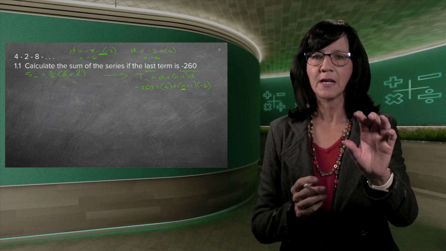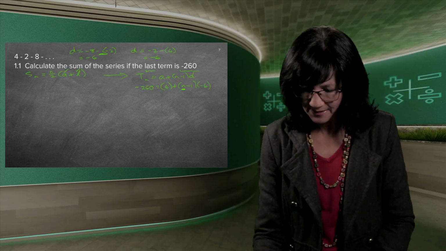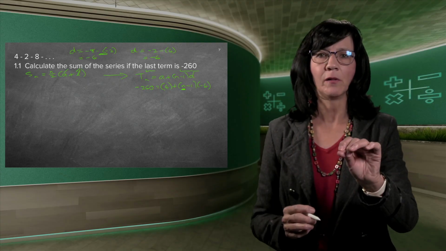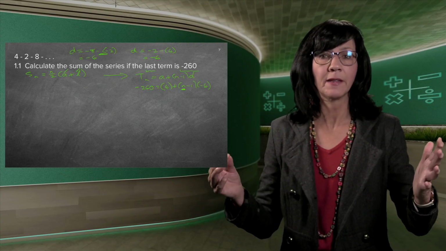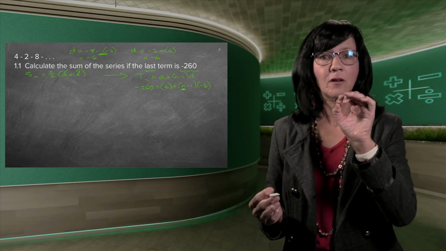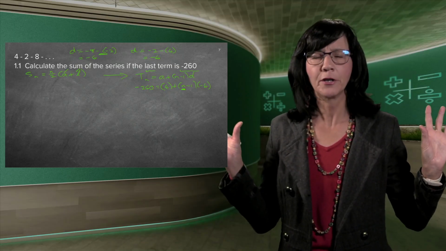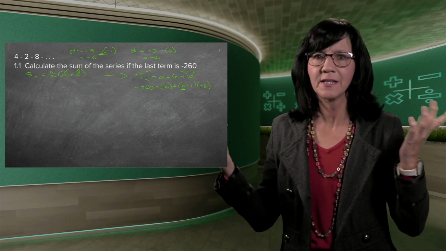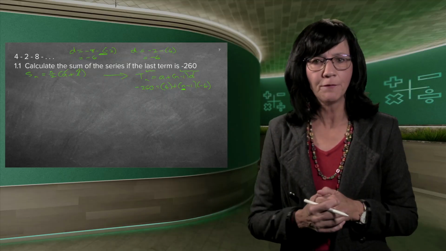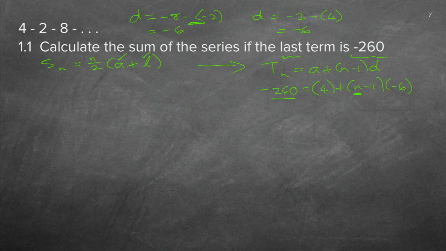You couldn't have done the SN formula straight away because look at my ticks there. You only have the A and the L. You don't have the little n, so you can't find the S. So I needed the little n. And I've got only one other formula. So it's not that you're now stuck and, oh, what shall I do now? You've got only one other formula, the T formula. So you write down the T formula. You've got the term, the last one. They gave it to you. You got the A, you found the D, and remember we don't do sequences if we haven't found the A and the D because you always need them.